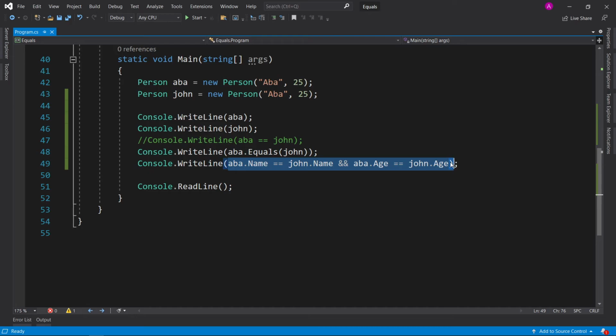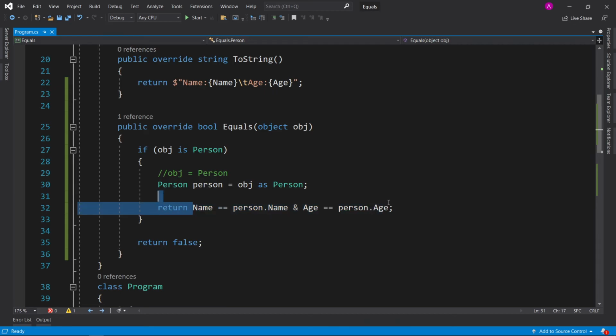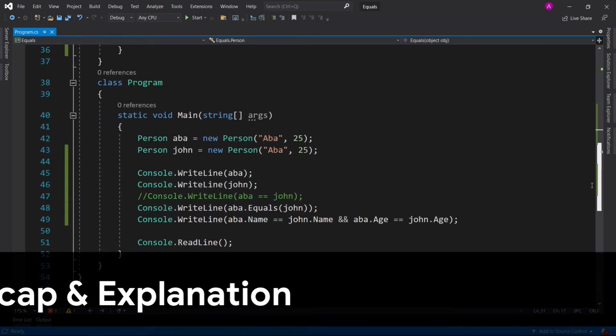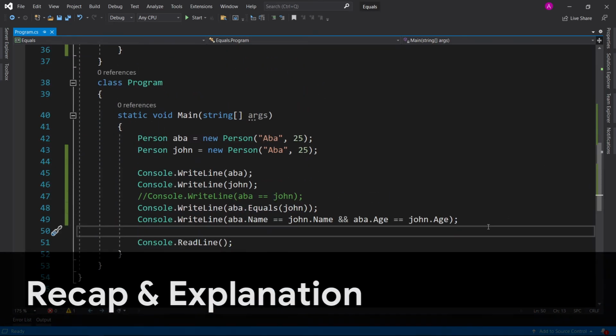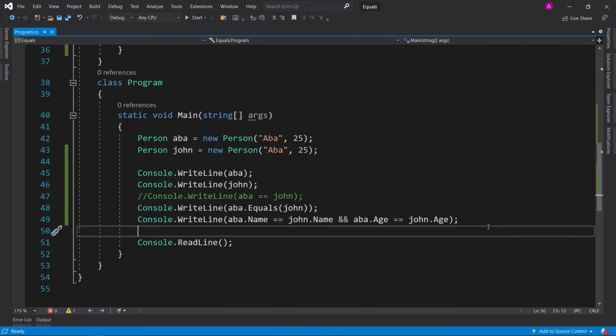Now in this case, we only have 2 fields to compare, but let's say this was 4 or 5 in length, then this is going to get pretty lengthy and expensive to write every single part individually, or we can just add it in once up here. And that's the benefit of overriding the equals function for our custom classes. The reason why this doesn't work out of the box is because the compiler doesn't know about any of the properties that we've specified, so we have to make a custom function to tell it, if this equals this, then return this value. This can be really powerful in big systems where you're comparing 2 different classes that are exactly